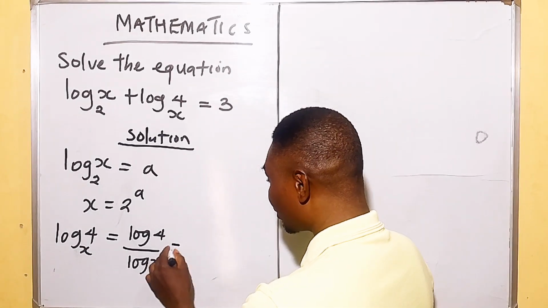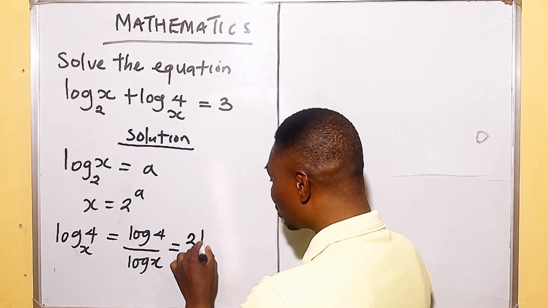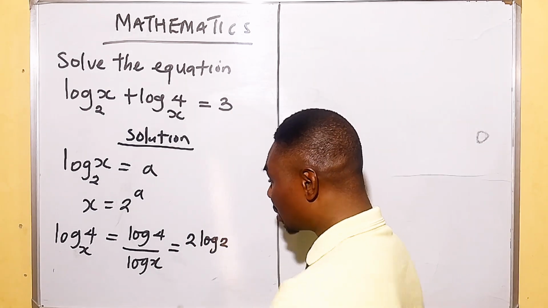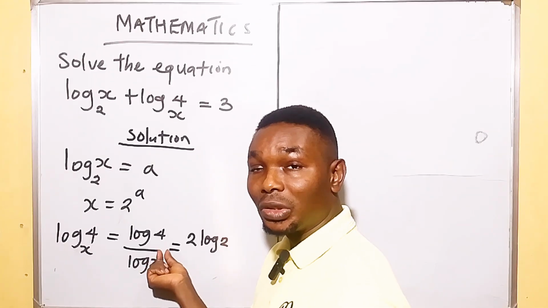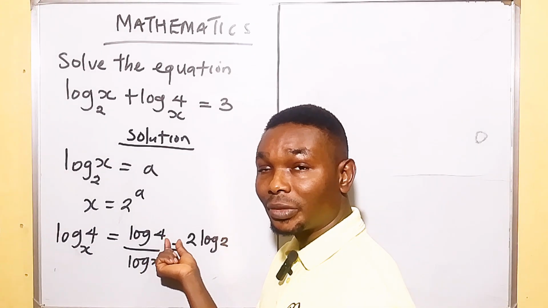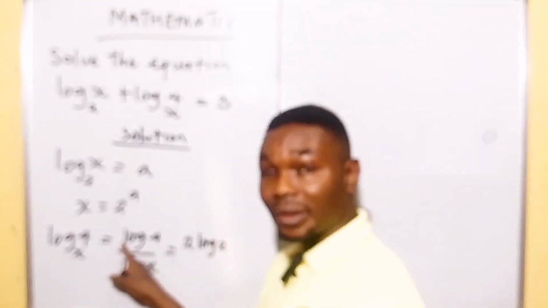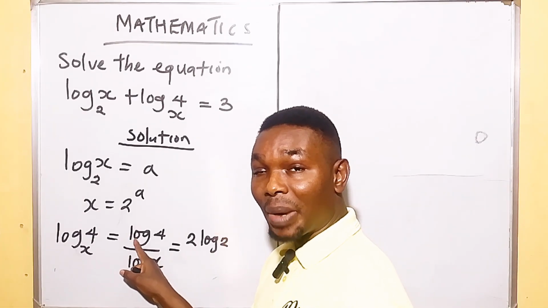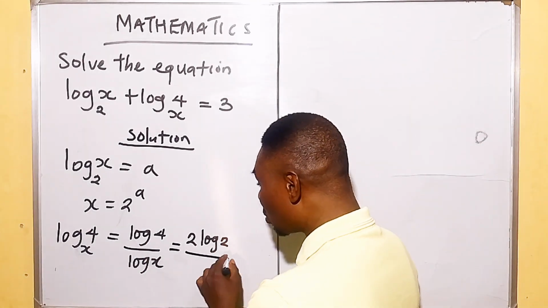Therefore, log 4 can be written as 2 log 2 because 4 in index form is 2 raised to the power of 2. So then the power becomes the number at the back of the log. So we have 2 log 2 all over